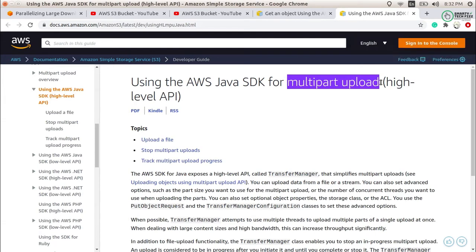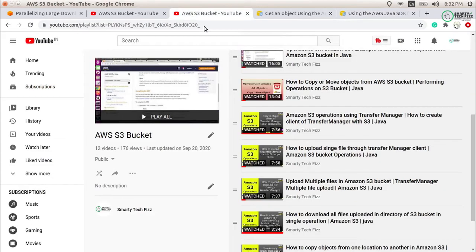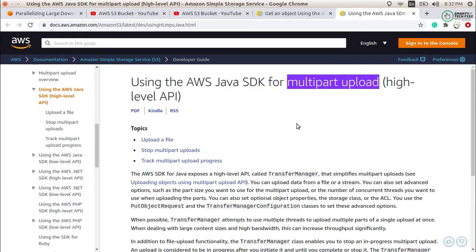Here too we have two things, the high level API and the low level API. The high level API is the transfer manager, the same thing that we have done in this series, and for the low level implementation we have to directly use the S3 client.